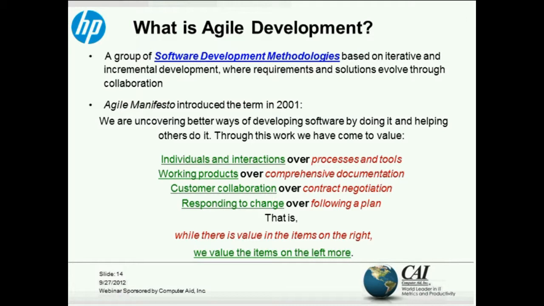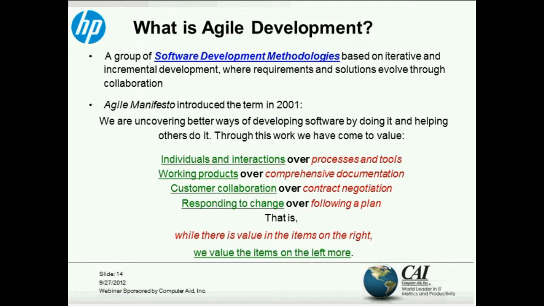It needed to change. It needed to focus on the right areas. And you'll notice that they identified where the focus needs to be through those areas that are green and underlined here. But there wasn't a position of ignoring those areas that are red and not underlined and italicized here.